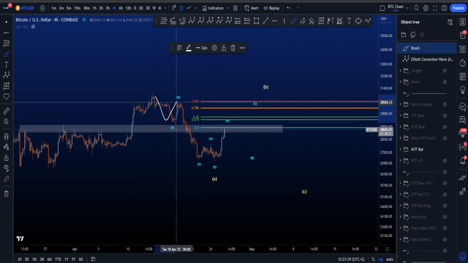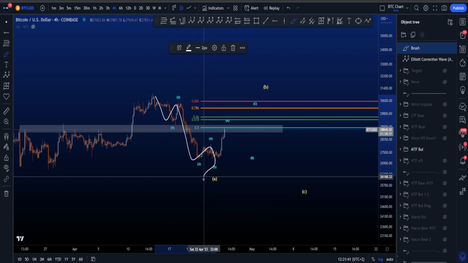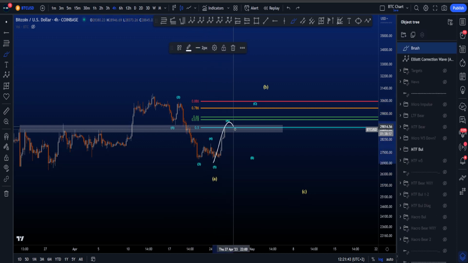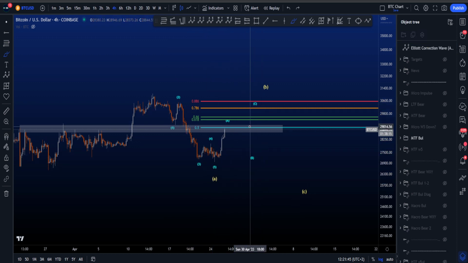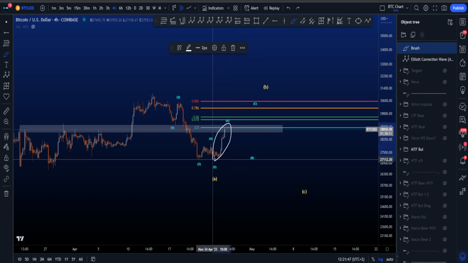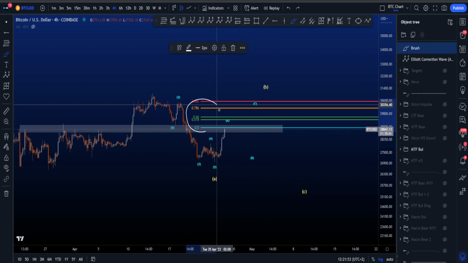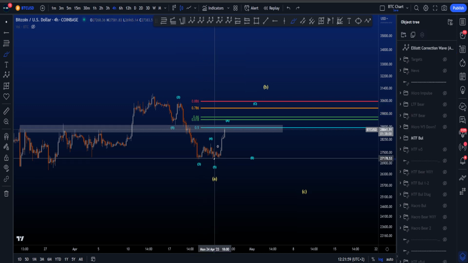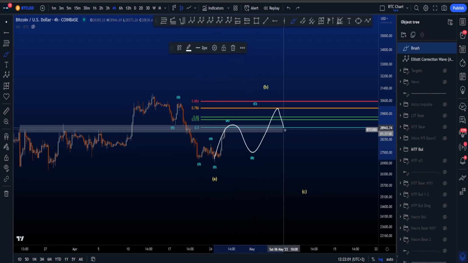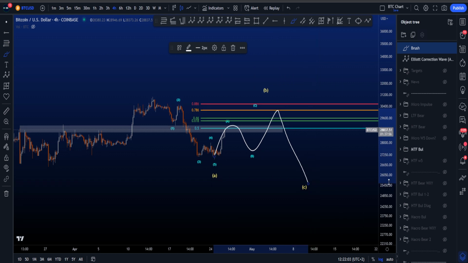in this scenario we have a 1, 2, 3, 4, 5 finishing wave A, followed now by a 3-wave correction, which then has to be a zigzag because of the impulsive structure that we have over here. And then also an ABC, where some of the common targets can be seen on the chart, the 0.5 to the 0.886. All of these are common targets for a wave B. But then we have a zigzag ABC for then eventually an impulsive structure to the downside in this wave C,